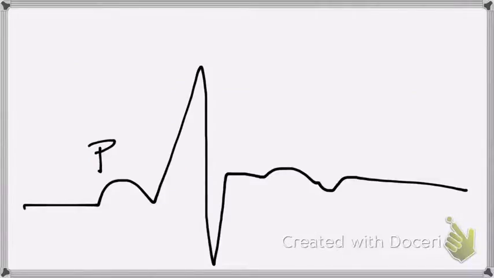Okay, so there's your first one, your P wave. That's depolarization of the atrium. So the nerve impulse reached the atrium. Now it's going to flex. This right here is the